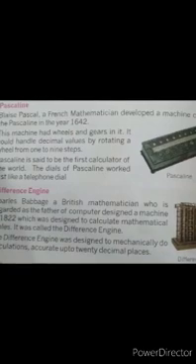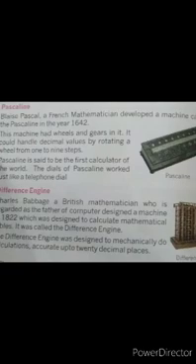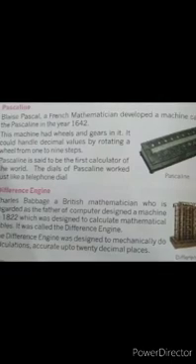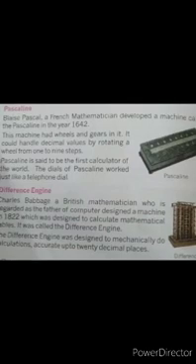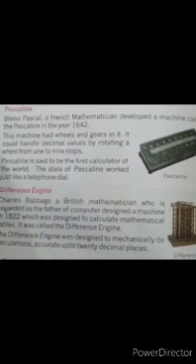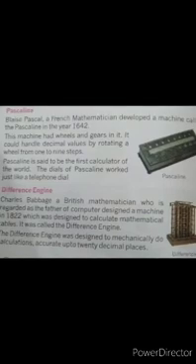Difference engine. Charles Babbage, a British mathematician, made this machine in 1850. The analytical engine was powered by a huge steam engine. The input was given in punched cards, used for many years to store and recall data.